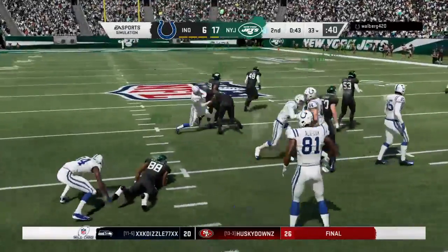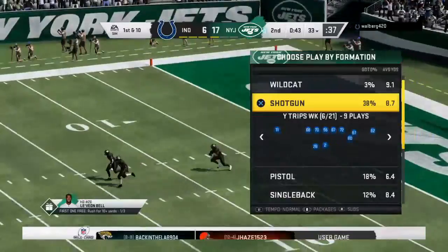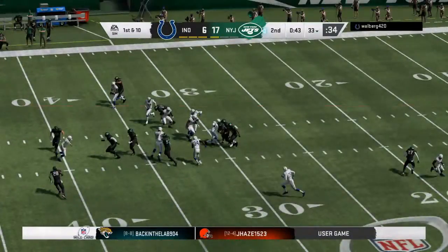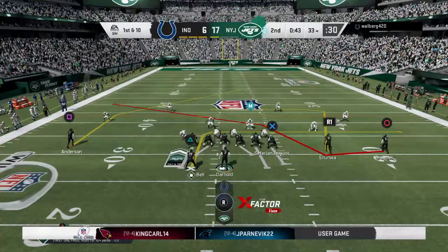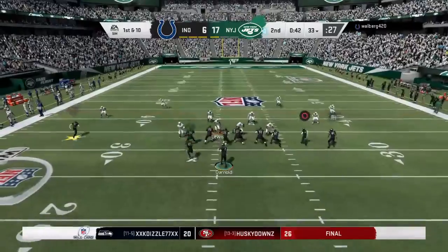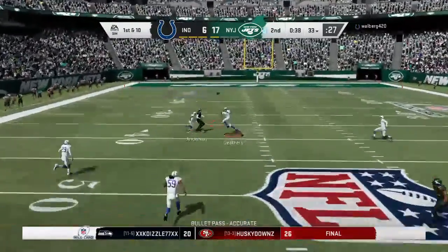And a good effort on the return there. Gets him across the 30 to the 33-yard line. Jets offense coming up now to start their next drive. You've got under a minute to go here until halftime. You've got the good-sized lead. No need to do anything crazy. No, there really is no need to do anything crazy. The smart play, go ahead and take your...